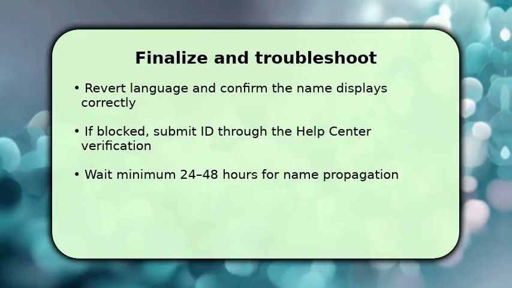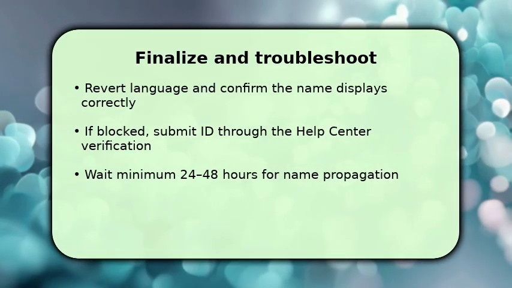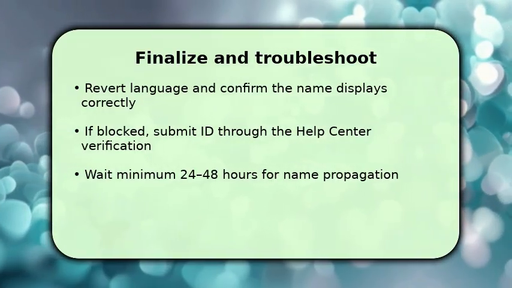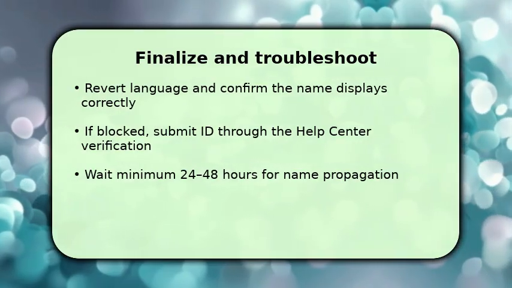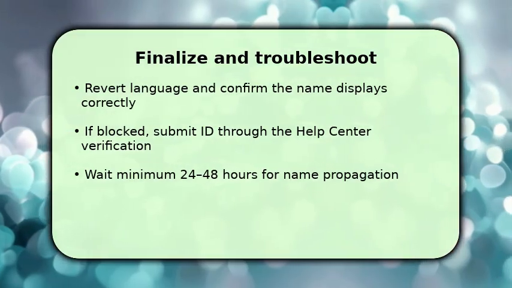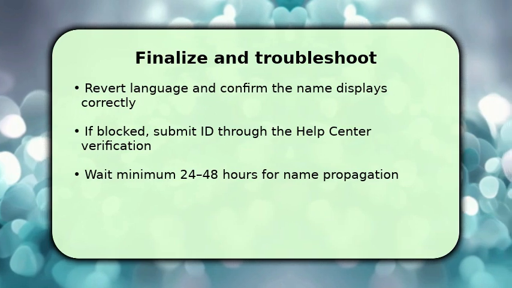and posts. If Facebook rejects the change or flags the account, use the Help Center's verification upload to submit ID or other requested documents. Make sure the file names and photo quality are clear to speed review. If the name hasn't propagated, wait 24 to 48 hours and avoid further edits to prevent additional cooldowns or automated